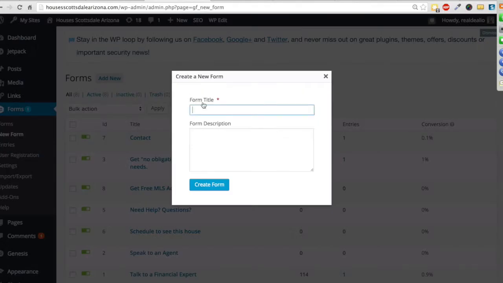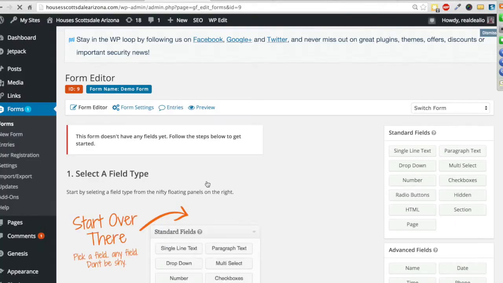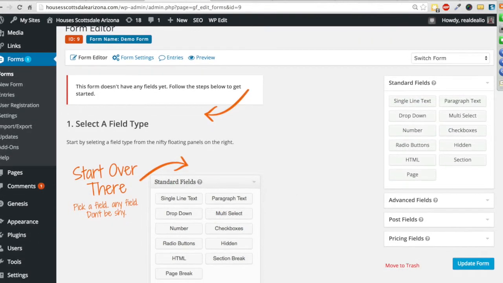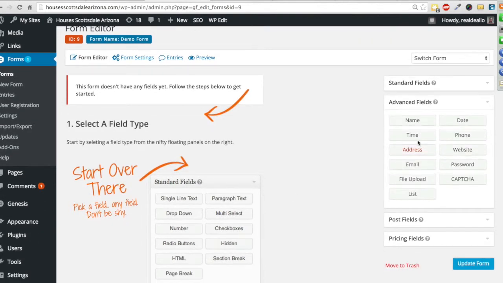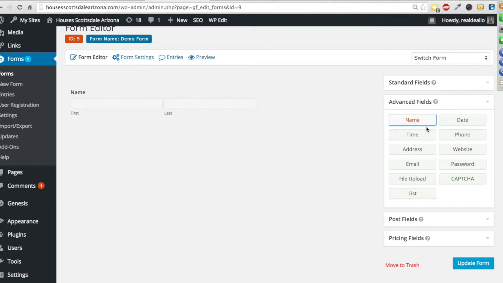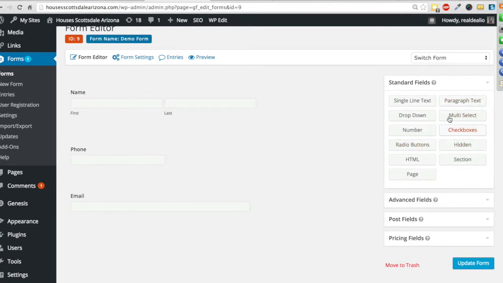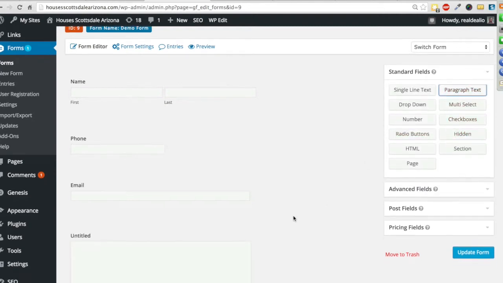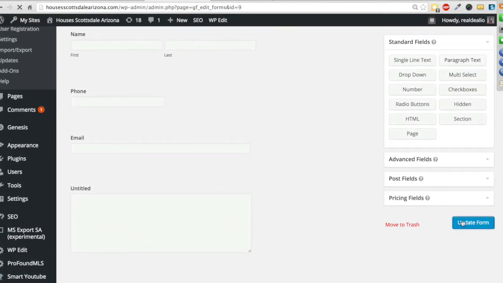Let's just call this demo form. I could make a description. And now we're going to create the form. It's all drag and drop, and just something to play around with. For the most part, it's going to be name, phone number, email, and I might have a paragraph of text to go in, and that's going to be my form. Update the form,